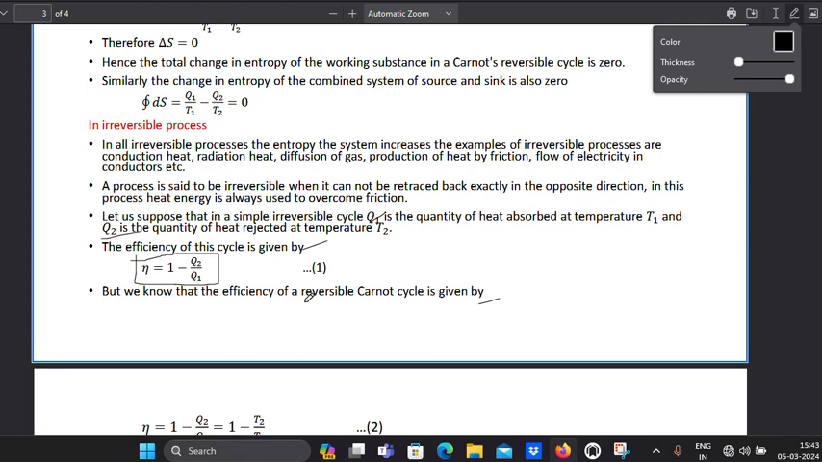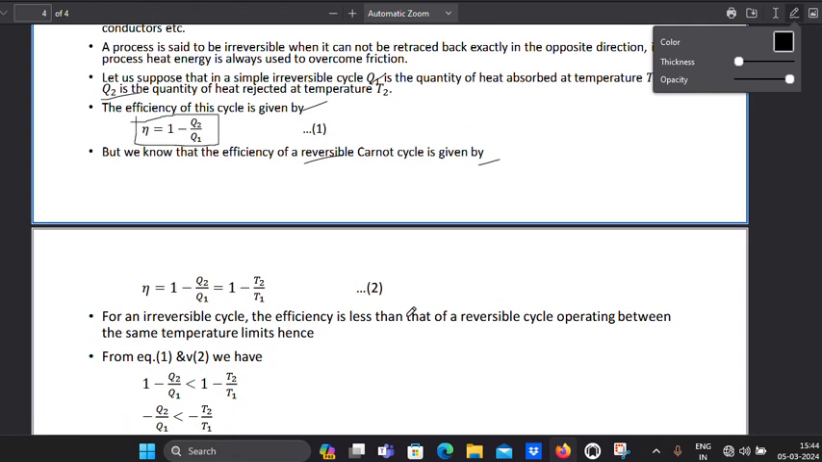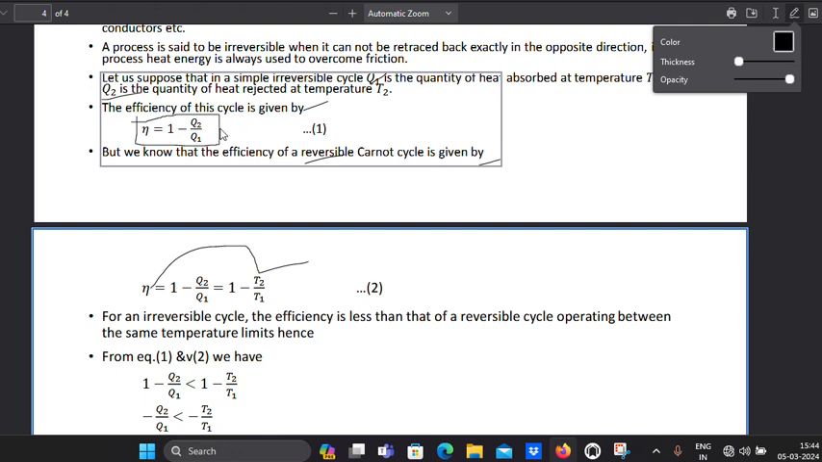But if I take a reversible Carnot engine, the efficiency is like this. It is taken in terms of heat here, and here we have to take it in terms of temperatures. This is the irreversible process. For example, for an irreversible cycle, the efficiency is less than that of the reversible cycle operating between the same two temperature limits. Hence,